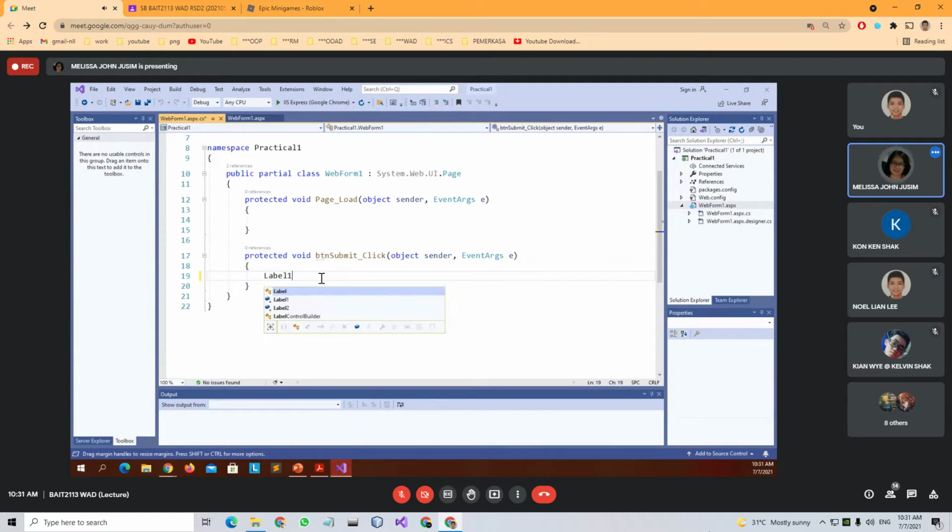Label1.Text. Not a good example, but at least we are showing that we have added in event handler. This is my event handler for my submit button. An event handler is in fact a method.